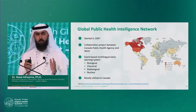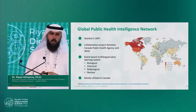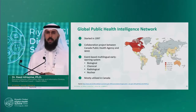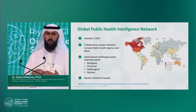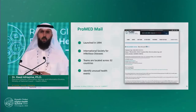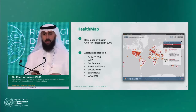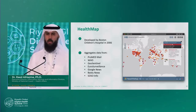They have the germ of the idea of data lakes, but they don't have the technology itself. One of them was implemented way back in the 1990s, and it was basically a collaboration between Canada's Public Health Agency and the WHO. Although it was implemented a long time ago, it's still within the Canadian territory implementation. There is also ProMed Mail, where they have teams in 23 countries. They capture information and then the information gets published. And there are also aggregators. They aggregate data from ProMed Mail and other sources, even news sources, and then indicate